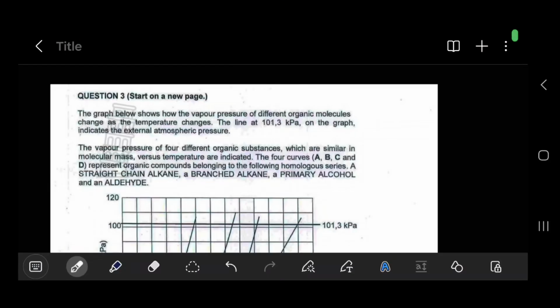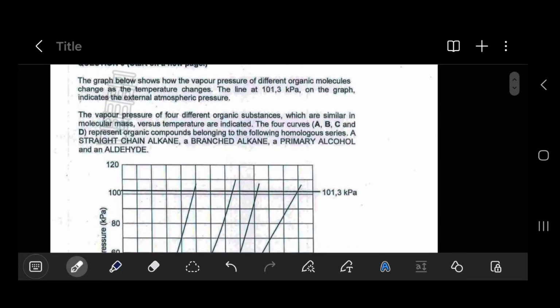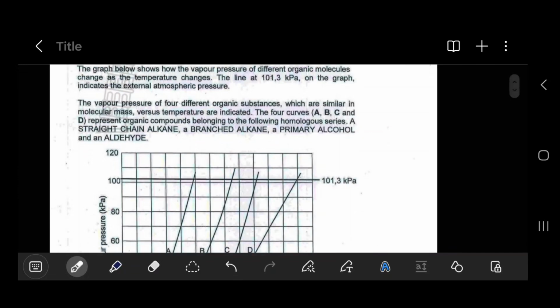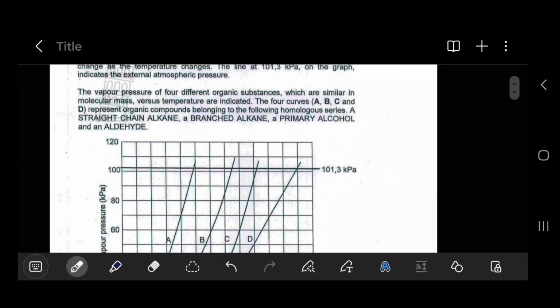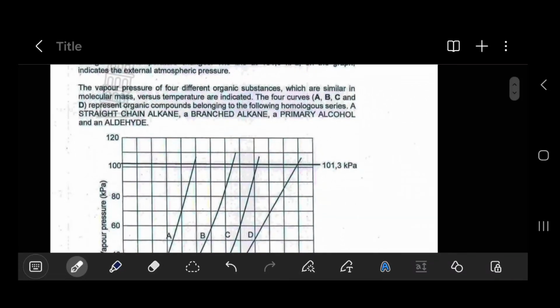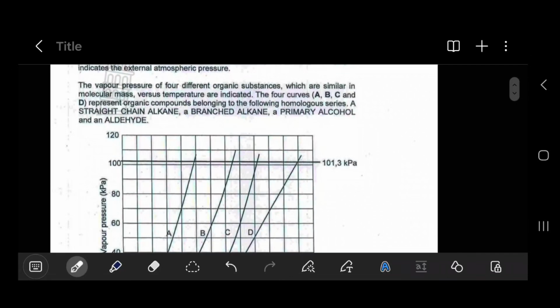Here is our second practice problem for intermolecular forces for organic chemistry. Question 3 says the graph below shows how the vapor pressure of different organic molecules change as the temperature changes. The line at 101.3 kilopascals on the graph indicates the external atmospheric pressure. The vapor pressure of 4 different organic substances which are similar in molecular mass versus temperature are indicated. The 4 curves A, B, C, and D represent organic compounds belonging to the following